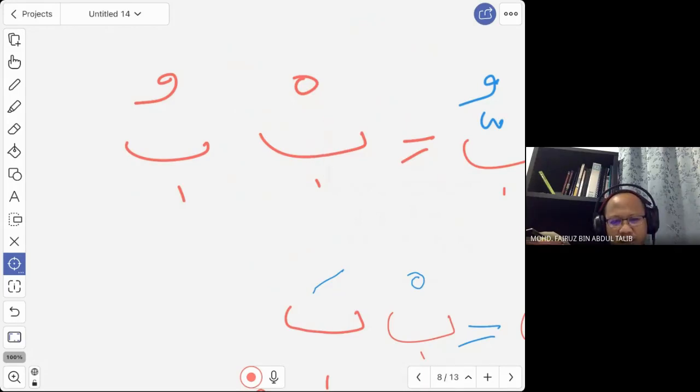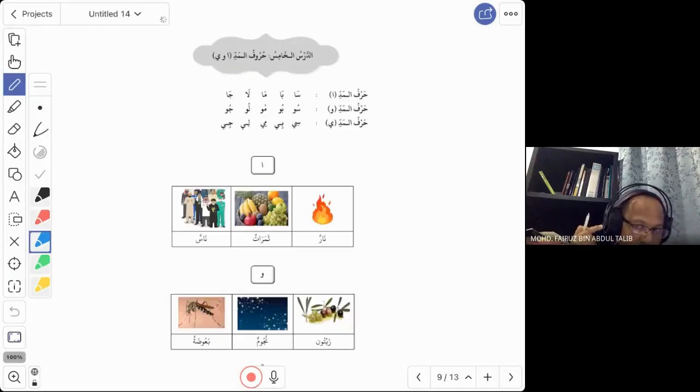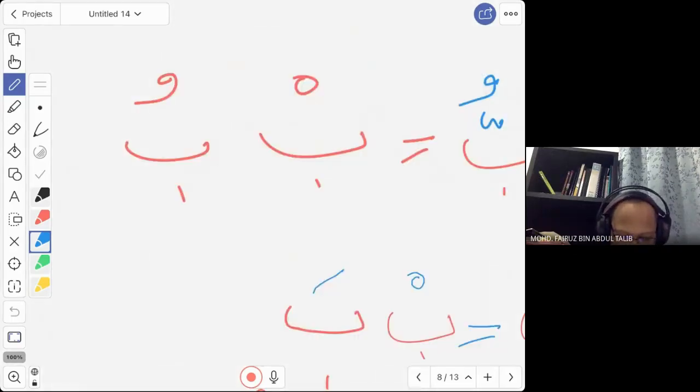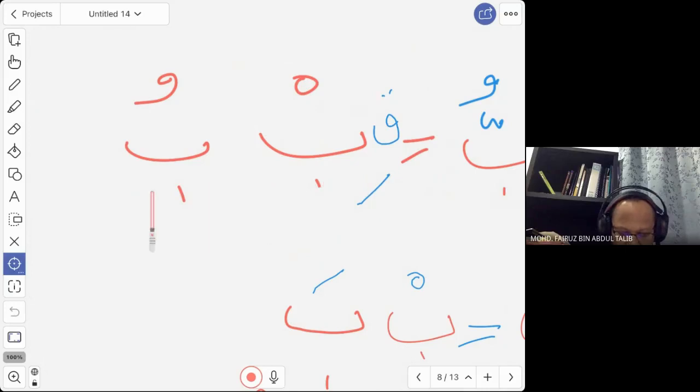How do you read this? No, we cannot read that. So in this case, you need to add one letter before that in order for you to hear the sound. Let's say we put the letter qa, just like the previous example. We say qa and then we repeat. So now you should be able to read. How do we read this now? We combine these three.